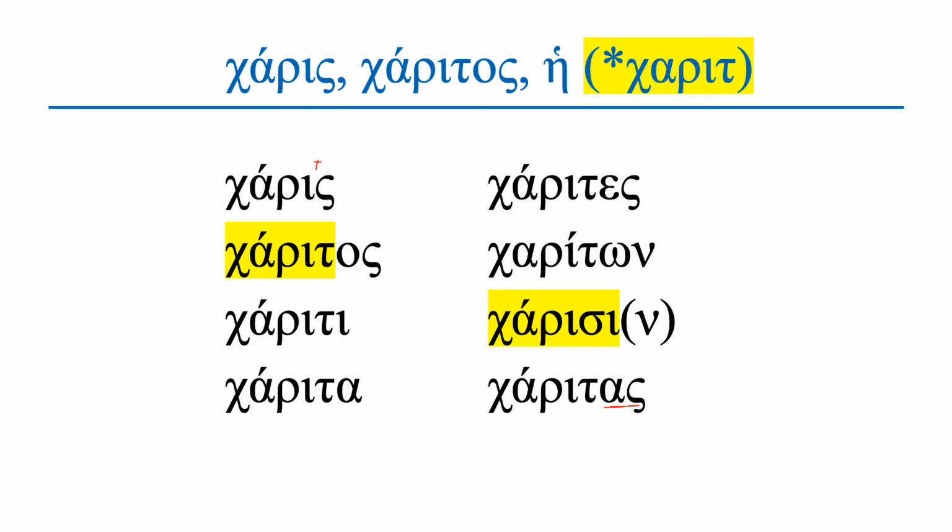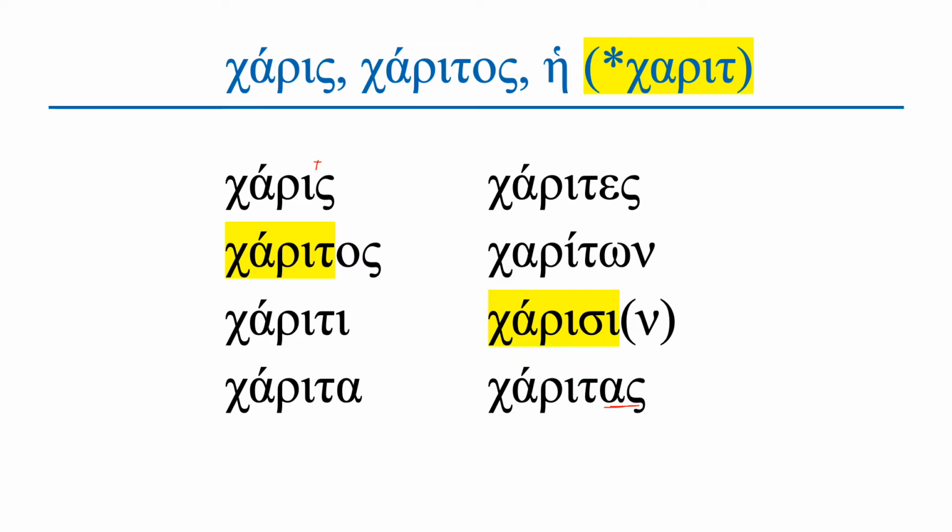This is a third declension noun that you have not seen before, but it should look familiar in terms of its ending. Most third declension noun stems end with a tau or delta. When a tau or delta comes up against a sigma, you know what happens? The sigma drops.